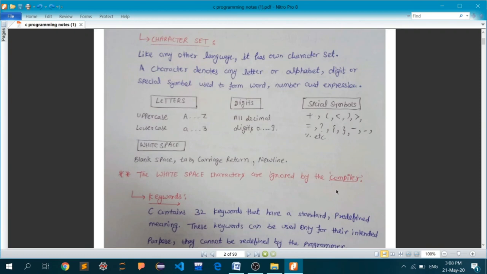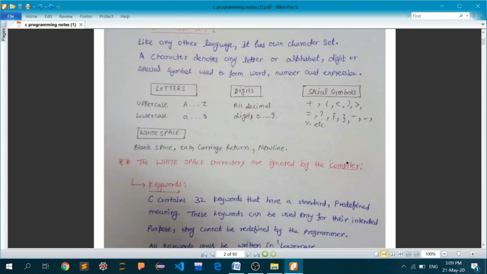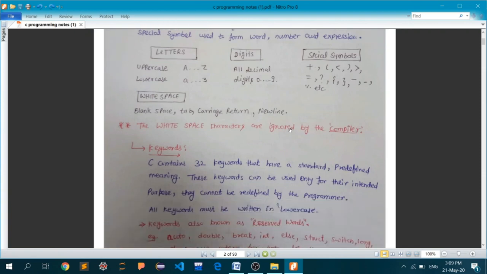A string is just a combination of words, like this particular line, which has its own character set. This is one big string. If you try to find the total length of the string, the compiler will also count these white space characters. So it is not true in all cases, so be cautious to write this particular line.